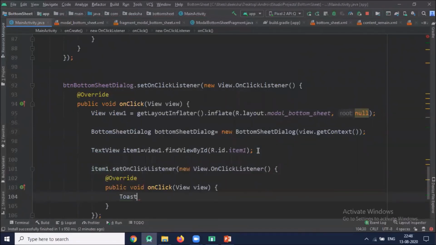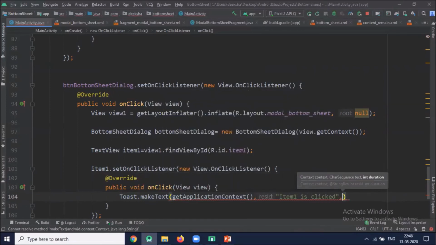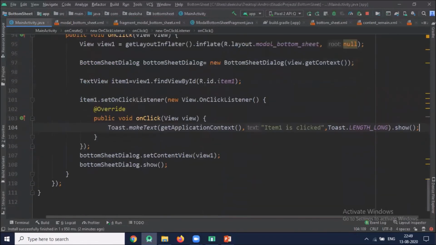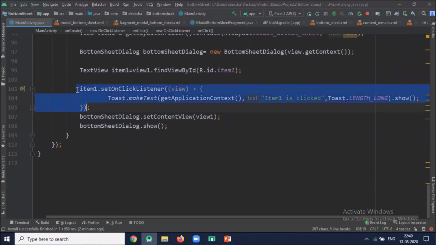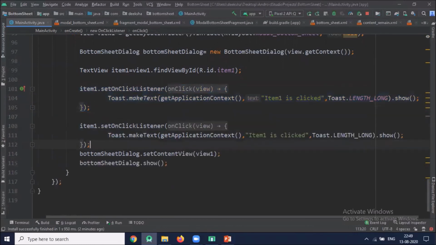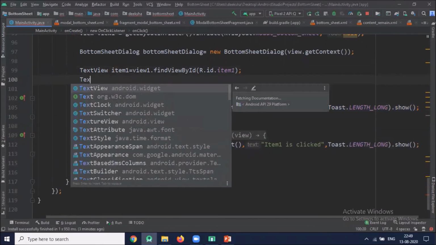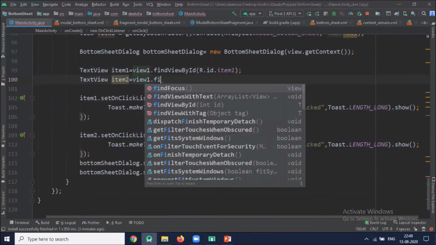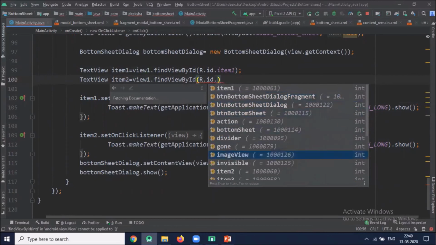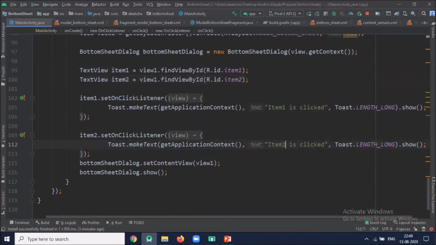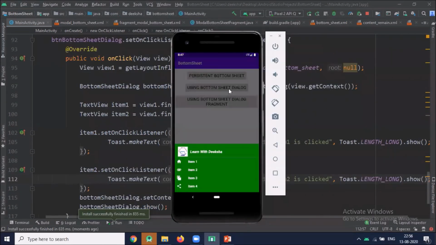Here we display one toast message. Similarly for other item. Similarly, you can do for the other items. Now we run the project. So click on using bottom sheet. When I click on item 1, it displays item 1 is clicked. When I click on item 2, it displays item 2 is clicked.